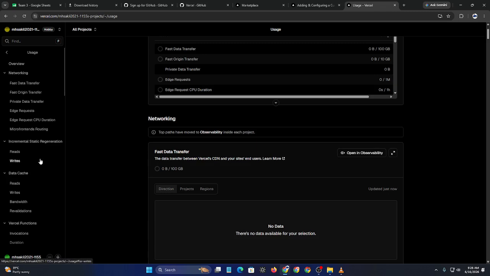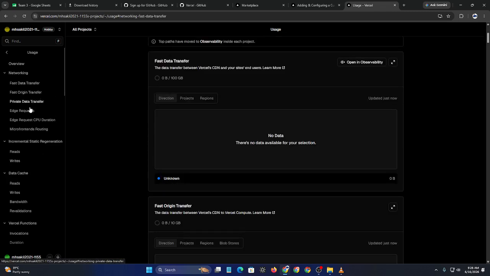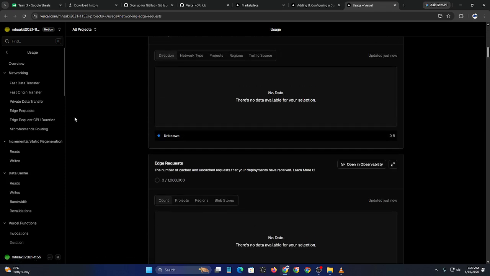Whether you're publishing new features, fixing bugs, or updating configurations, Vercel makes it easy to keep your application up to